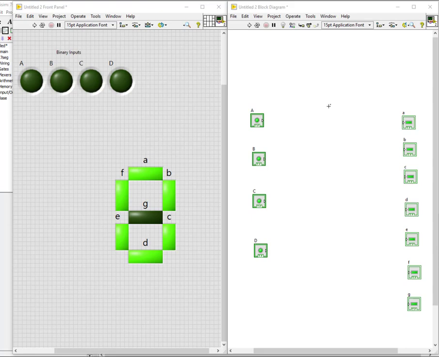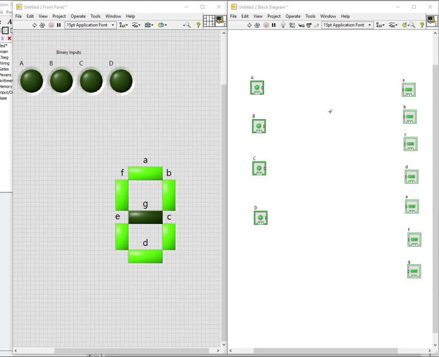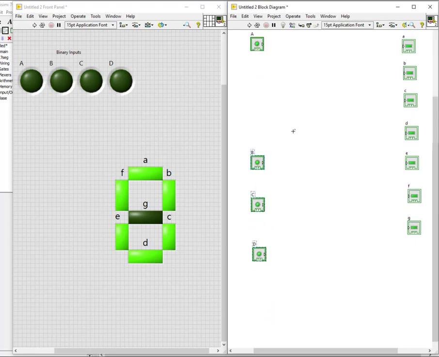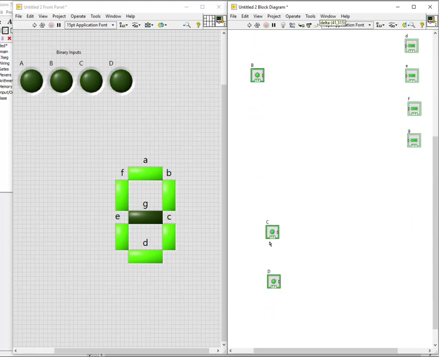This happens to be a very small circuit, but if you work on it, you can get to know what the problems are behind it. So please watch till the end, and you can get to know how to connect all the circuits. So first, maintain some gap between all the booleans here.